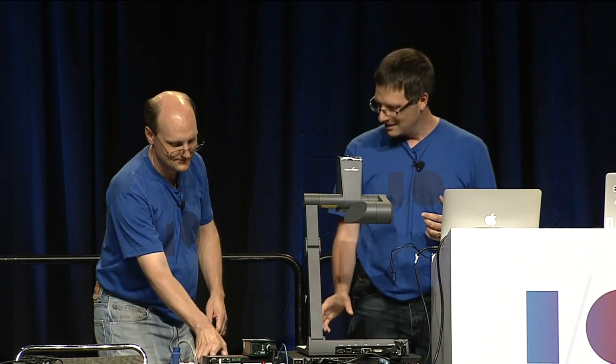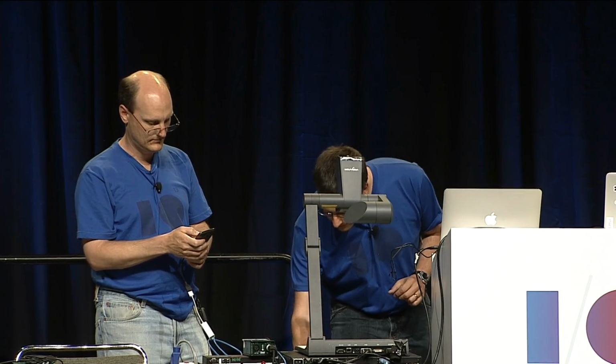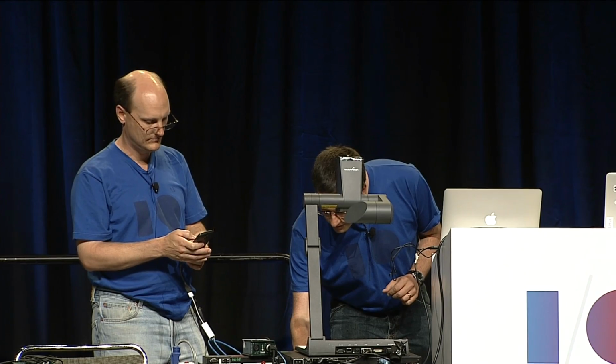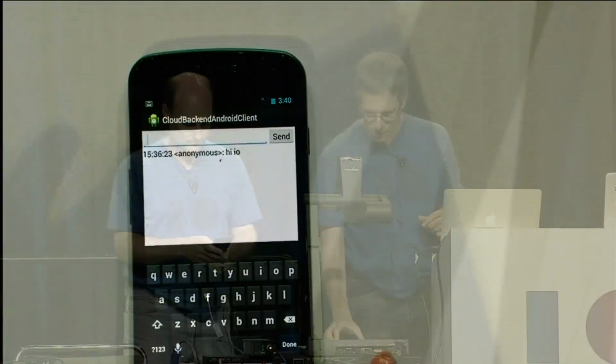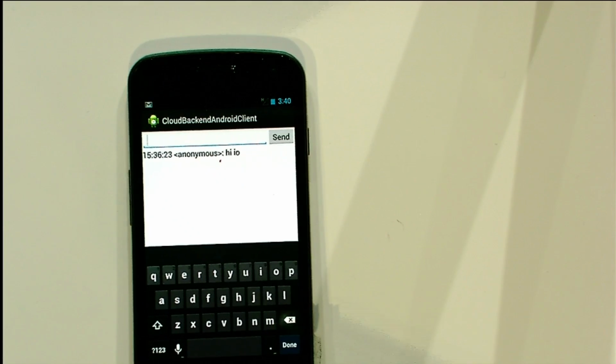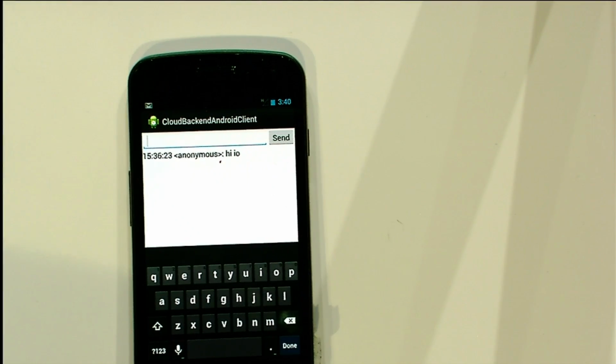Then we get the same guestbook application, but now if David were to send us some messages, David's got that same app running over there. Oh, and we need to switch to it so you can see it. So what David's going to do is he's going to find the app, and then he's going to start sending